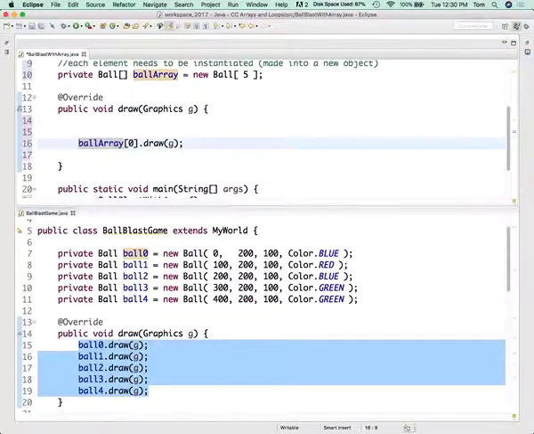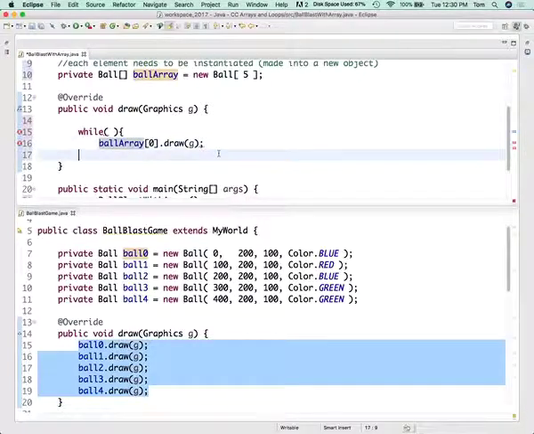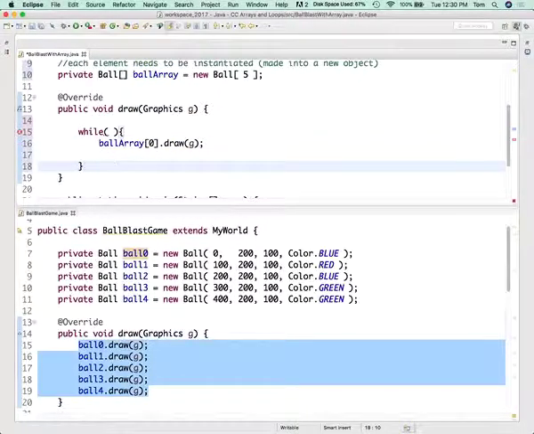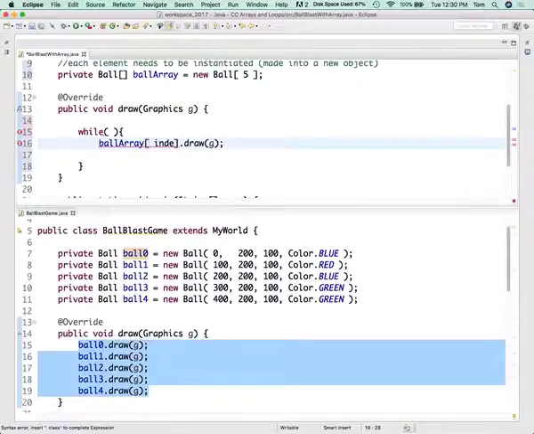Instead, we want to kind of go through and say, well, we want a while loop that's going to tell each ball to draw, right? And so we're going to do something like that. So what is a good name for this value, this thing that's going to be a 0, a 1, a 2, a 3, or a 4? What's a good name for that? Index is a good name, okay? So we can do something like, say, we want the ball array at index to draw,